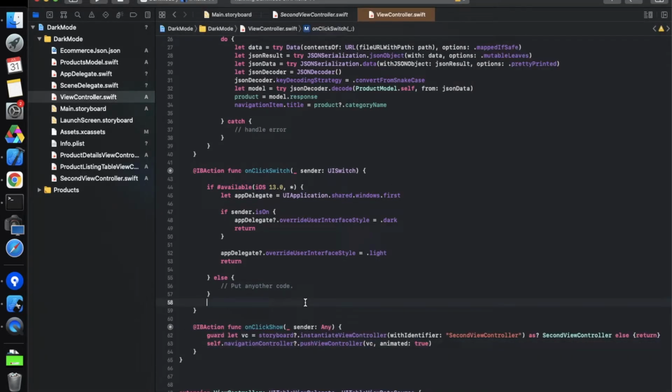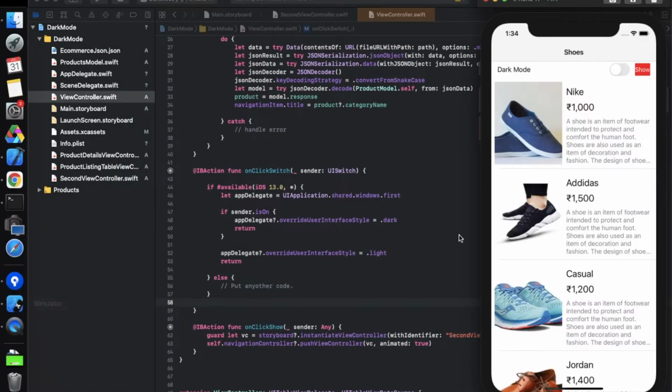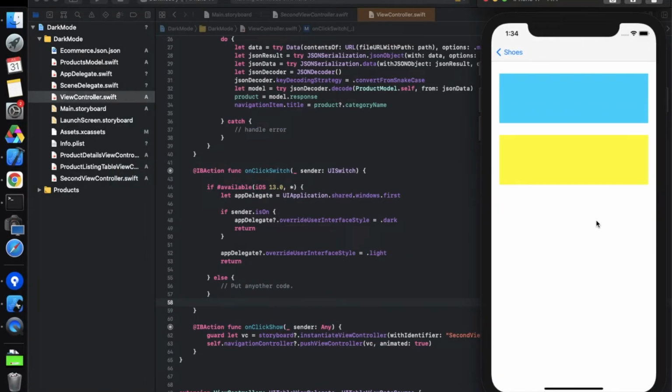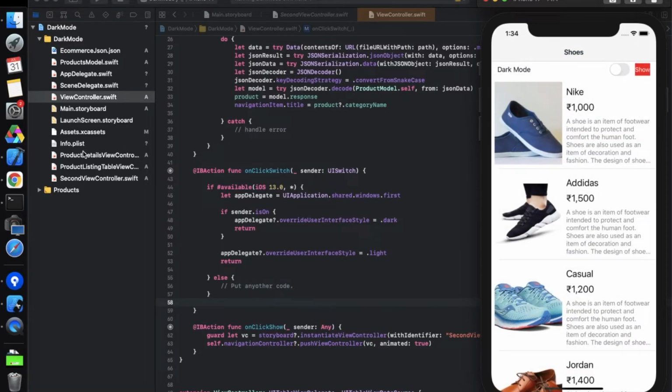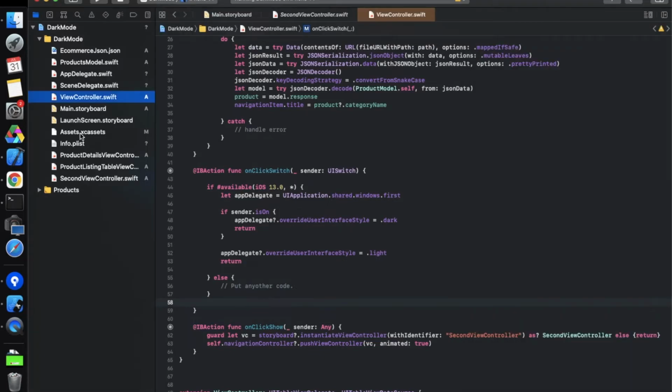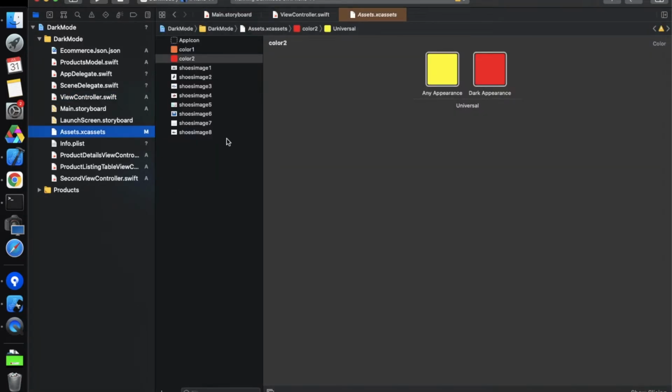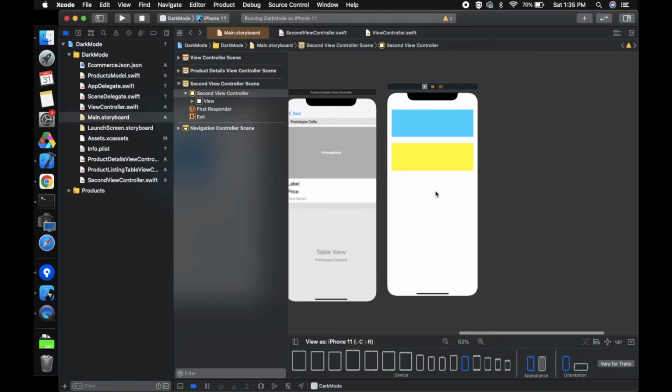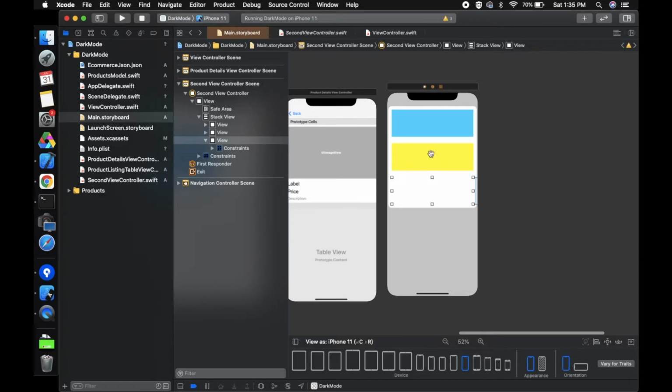Okay, now let's see how we can manually do the color changes for this third one, because we are not providing those colors in the asset folder. Sometimes we have a requirement that we cannot provide colors in the asset folder. We have to do that manually. For the third view, we have to implement this manually, not by the storyboard, because somewhere we have a functionality where we have to manually change the colors according to conditions. So that is where we can manage that.